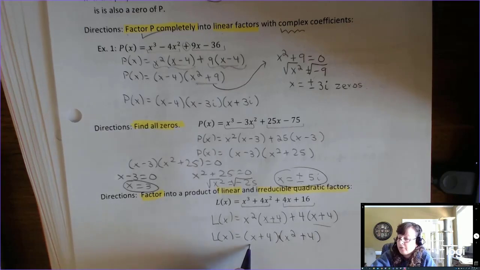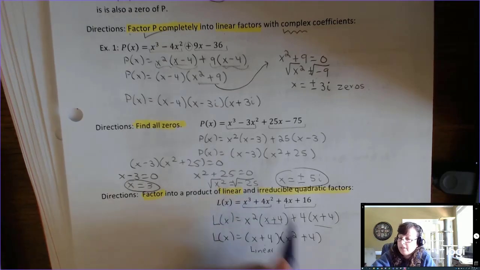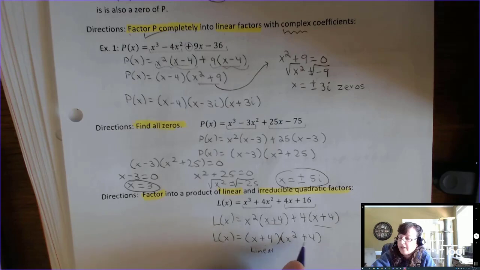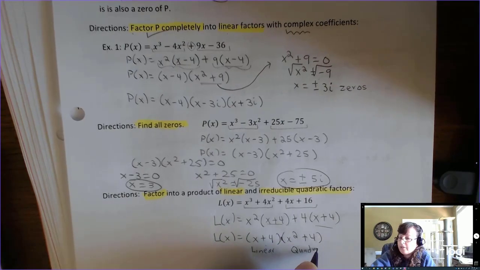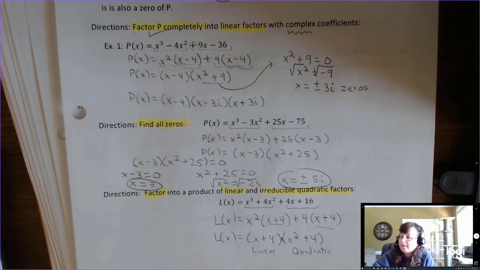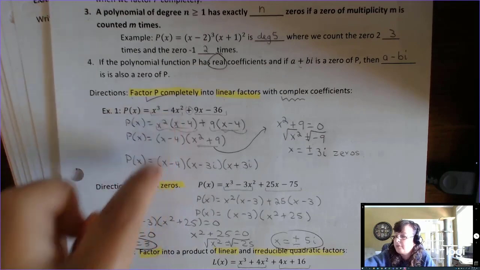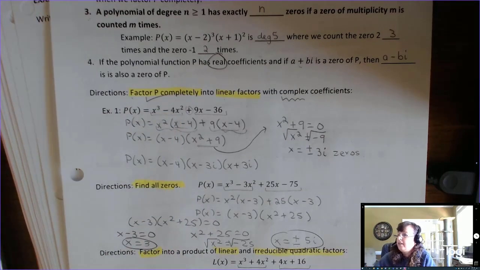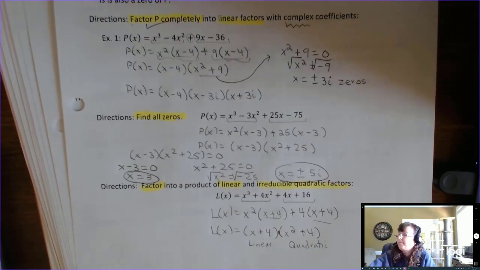This is a linear term, and you could factor this over the set of complex numbers, but when we see irreducible quadratic factors, that just means if it doesn't factor with real numbers, just leave it. That's the way we're going to interpret it. Okay, so you're done there. So very important, these three are the three kinds of directions that sometimes people get a little confused about. Alright,